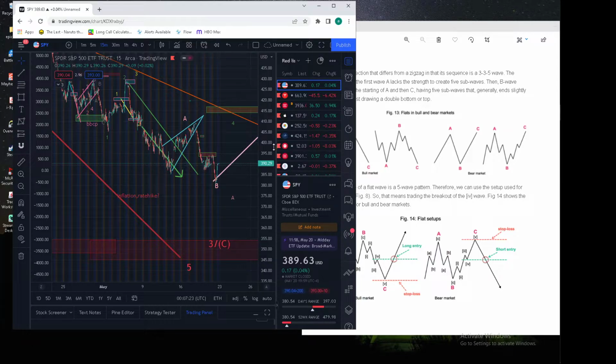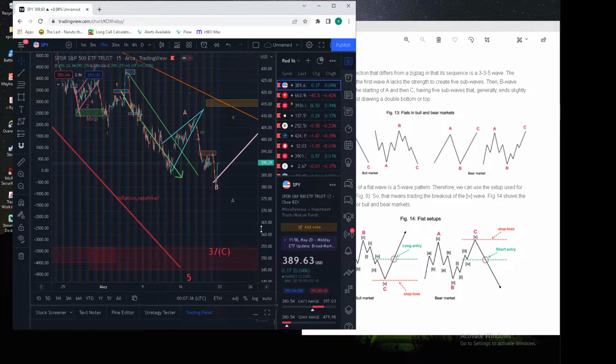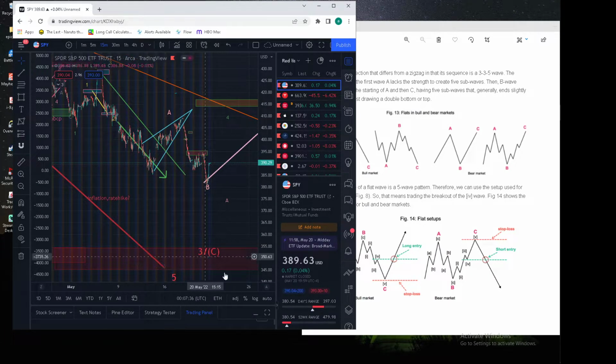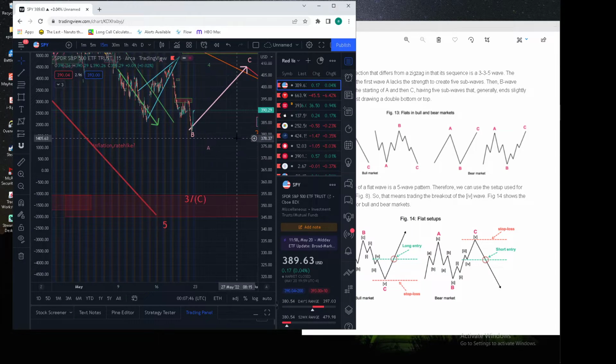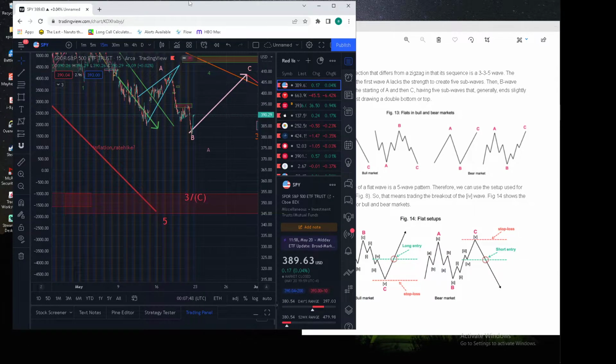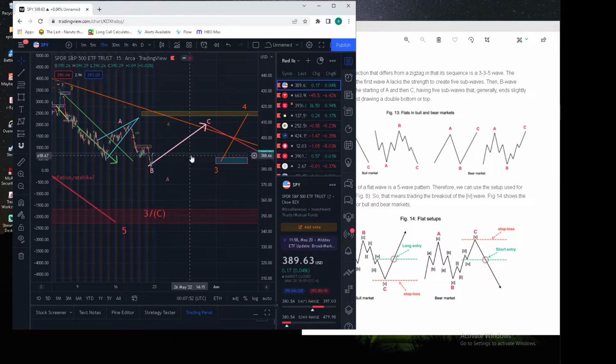Which makes sense because if that was the 1 through 5 impulse wave, then we have to have a 100% correction of that, and then we can start moving up to highs, like all-time highs, or we get some kind of government funding and this truncates itself and we don't get down to that 240. But I think 350 at the least is definitely the possibility, which is why we've been loading up on very long, far dated puts